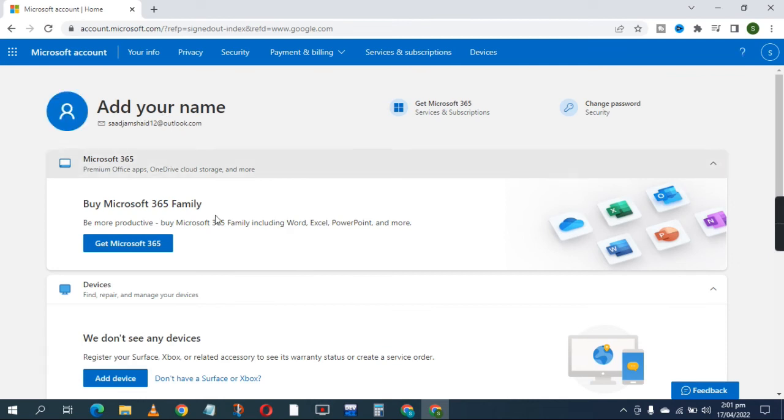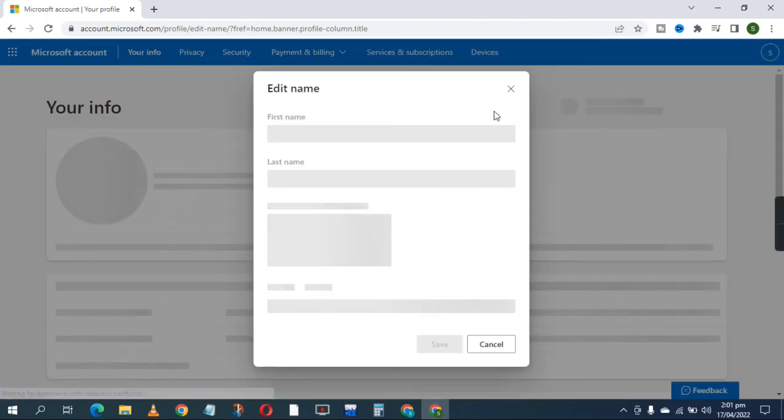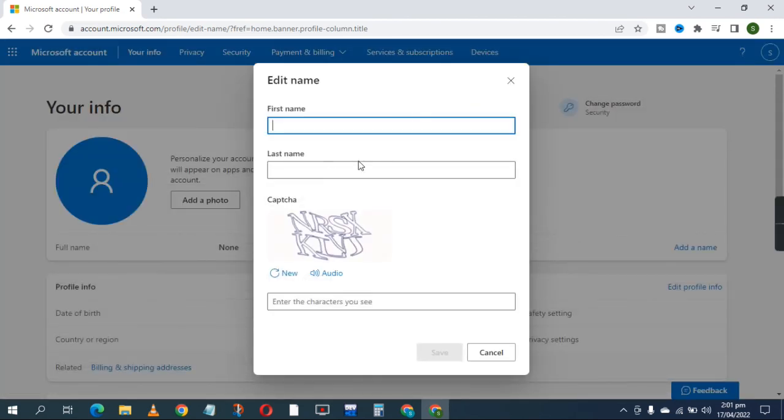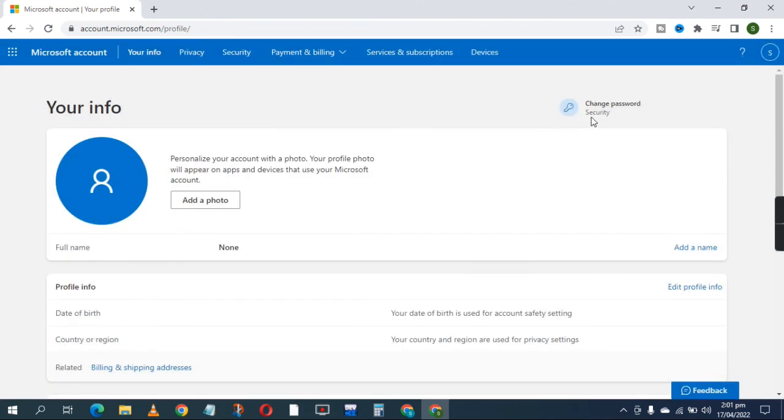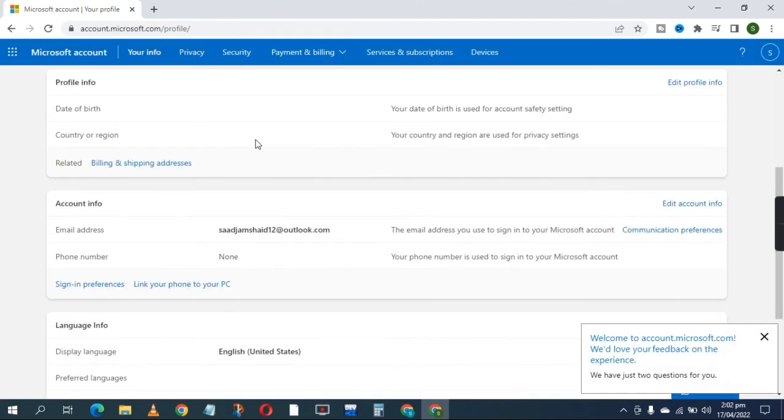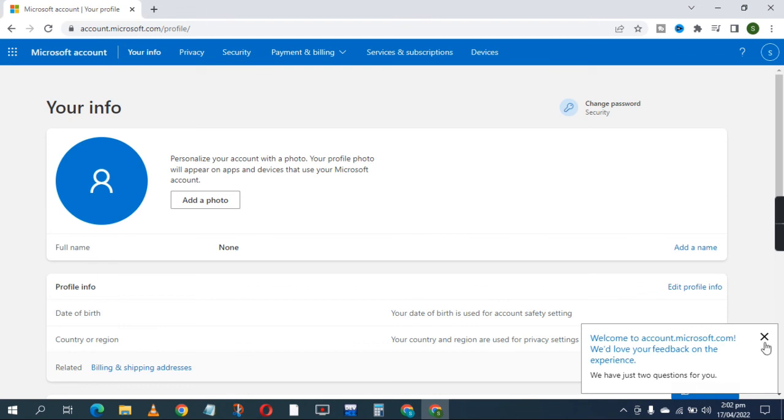You can use this wherever you want. In Windows 11 you can use this, or you can add your name. For this click this option like first name, last name. This is your choice. You can change security, and you can change settings like date of birth, country,